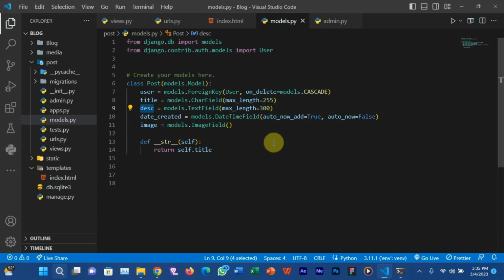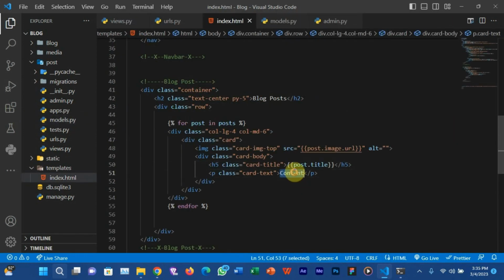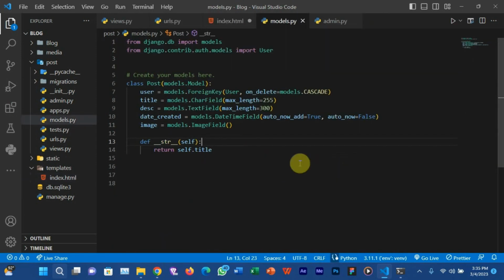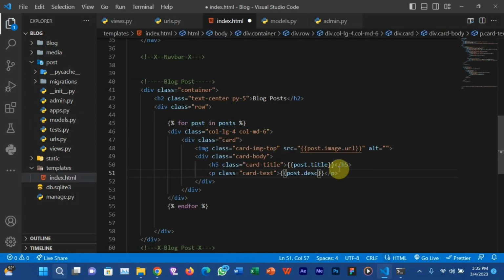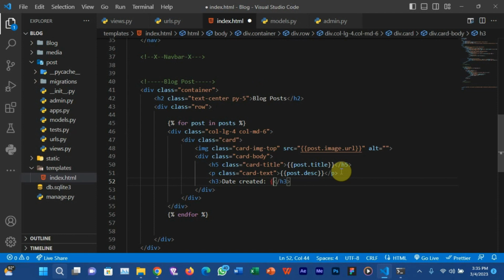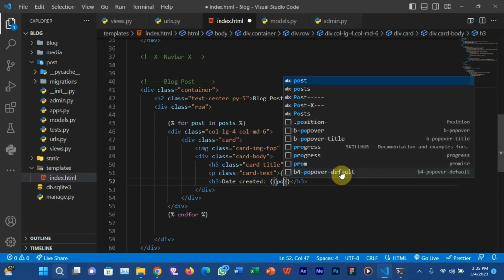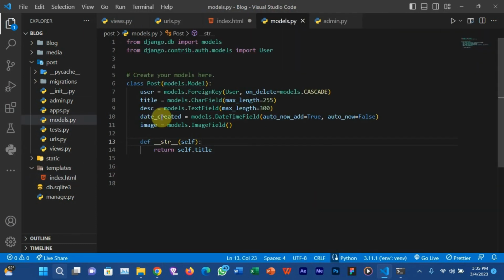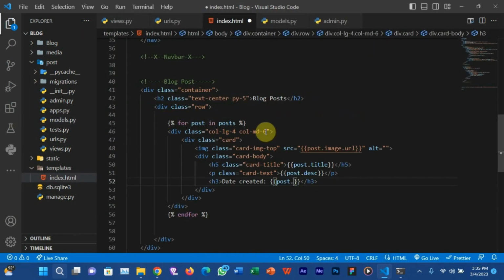Yes, the last second one is the description. So post dot description, and the last one is the date the post was created. So let me just use an h3 here. So date created, and then I'll pass in that variable as well. So post dot, so let me just copy this, date created.